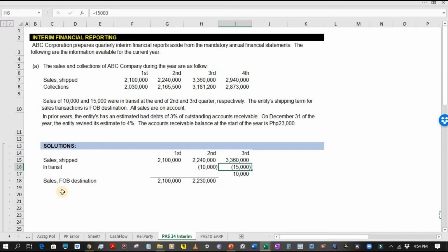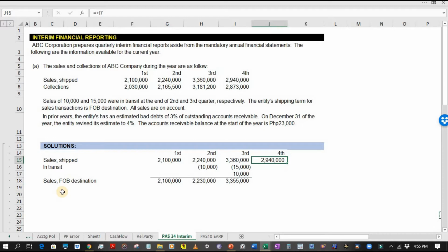So now let us compute for the sales to be recognized under FOB destination, and that is 3,355,000 pesos. So now let us proceed to the fourth quarter. For the fourth quarter, the sales shipped is 2.94 million pesos. And since there are no goods in transit as of the end of the fourth quarter, we assume that the